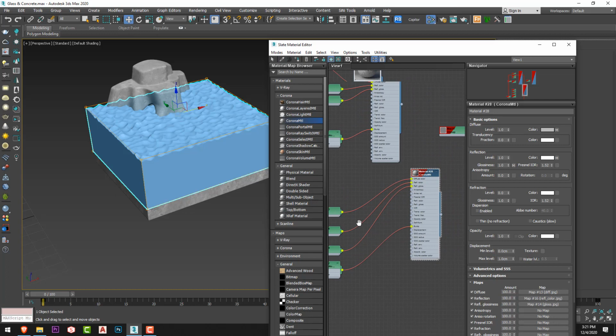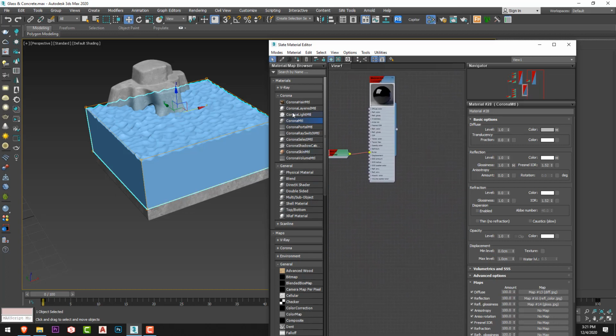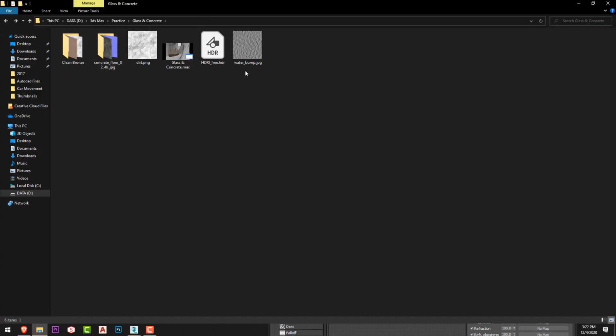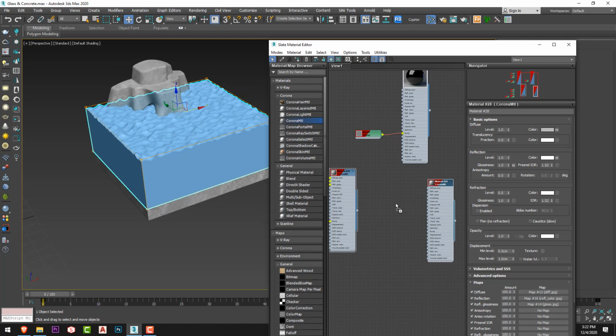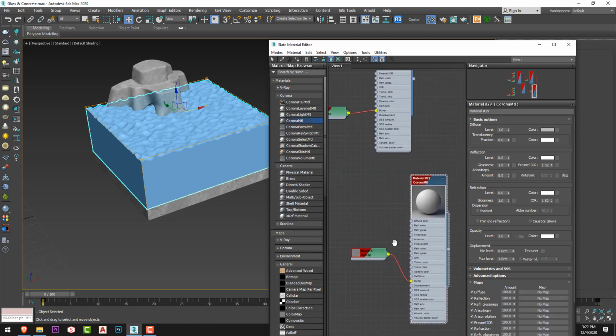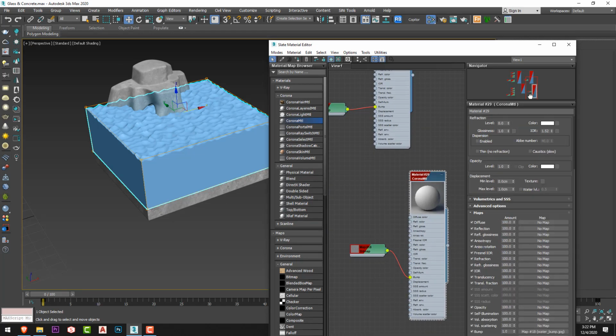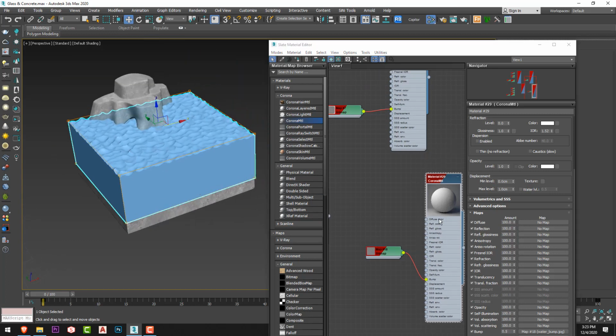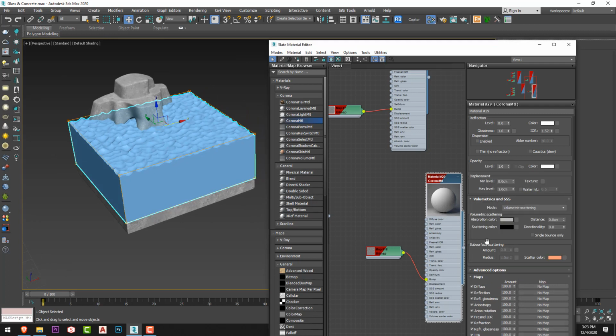Okay, I'll add a Corona material here, and you can see I have the water pump, so I'll add it here and link it to the pump, and from here I will change the value of the pump to half. Okay, and to make the color of the water, I'll need to go for volumetric and SSS, and